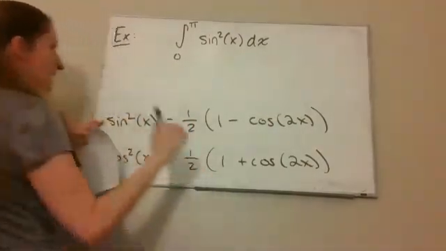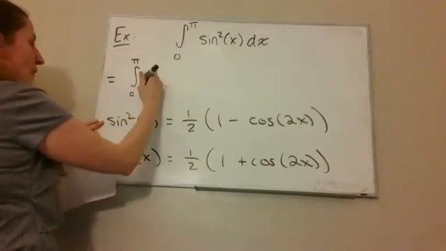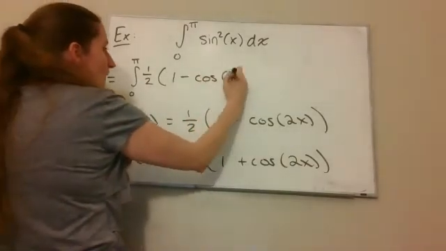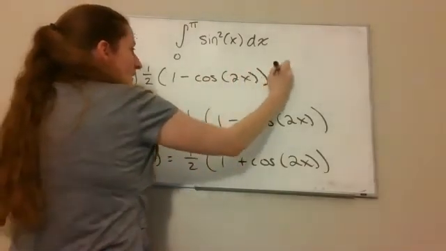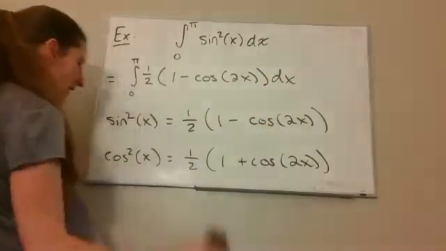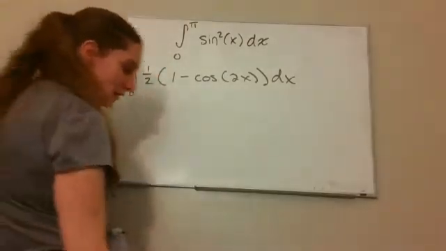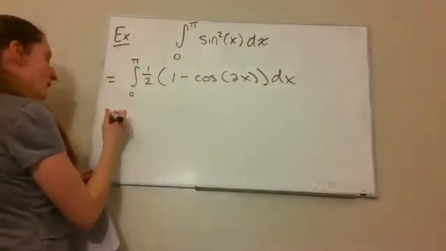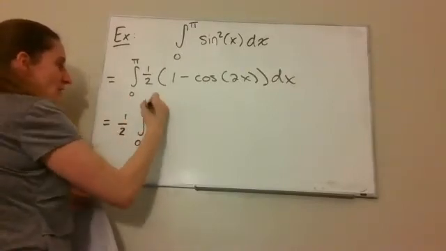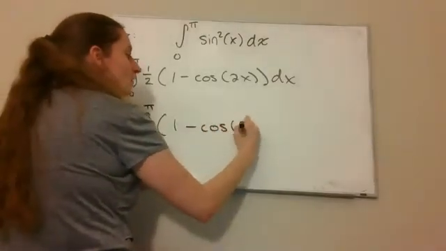Rewriting using this identity, I get that my integral is the integral from 0 to pi of 1/2 times 1 minus cosine of 2x dx. And now I can get ready to integrate this by kicking the 1/2 to the outside, and then I can use some substitution. So 1/2 integral from 0 to pi, 1 minus cosine of 2x